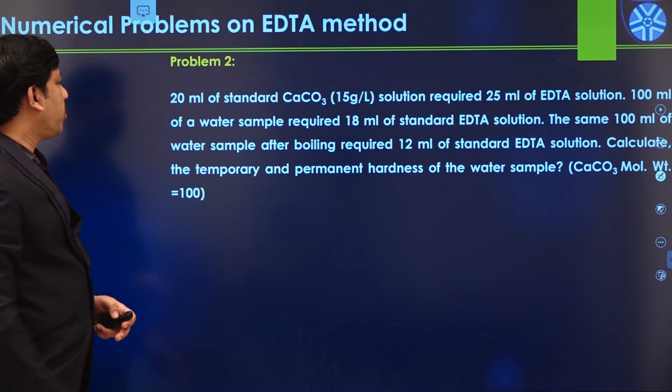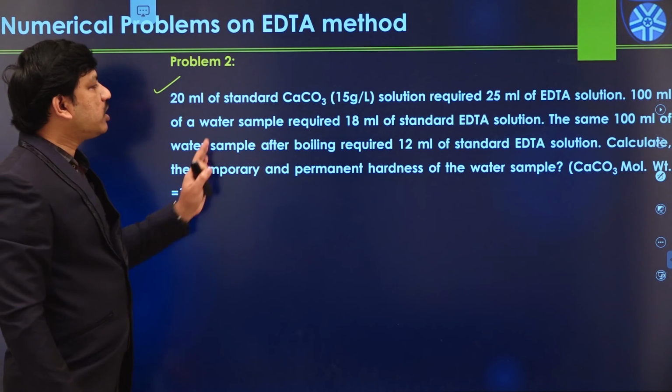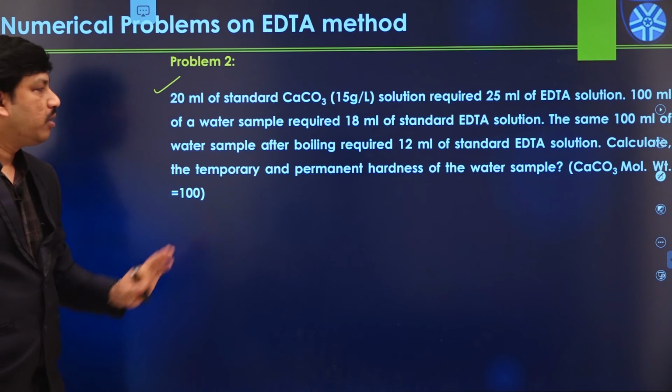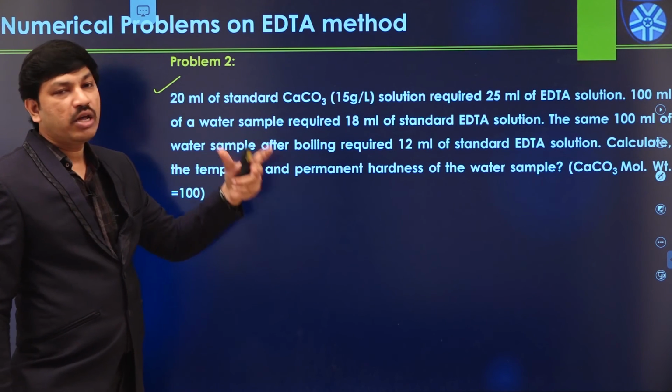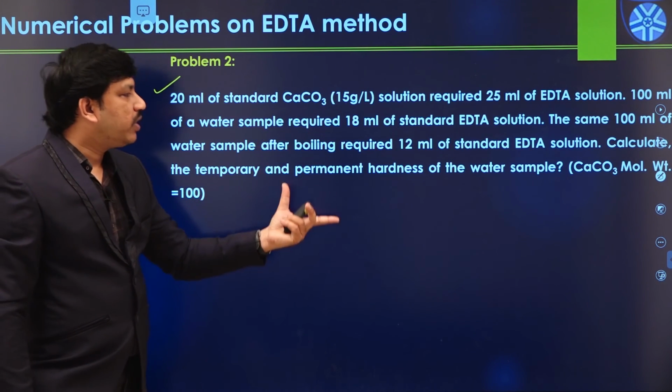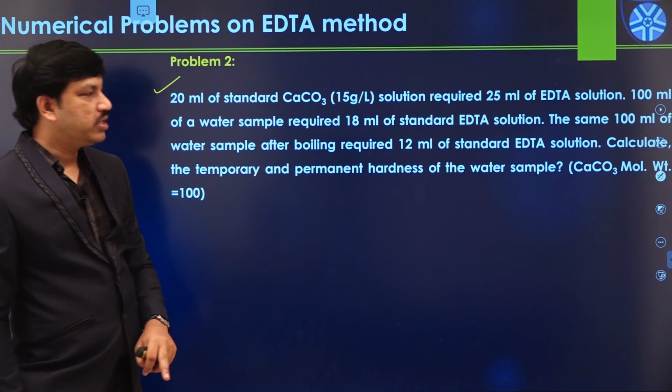Similarly we have another problem, and we have to find the answer for this problem also. In this case also they have given similar kind of data, but please go through the problem and identify whatever data they have provided, and from that you have to measure again the same temporary hardness, total hardness and permanent hardness in this manner.